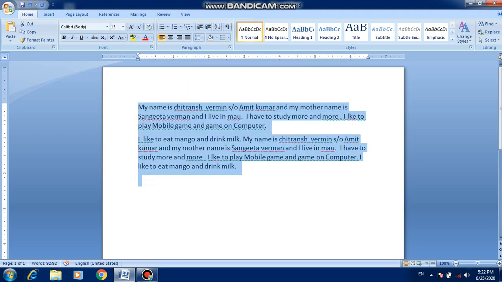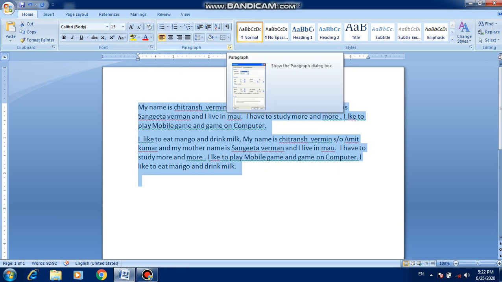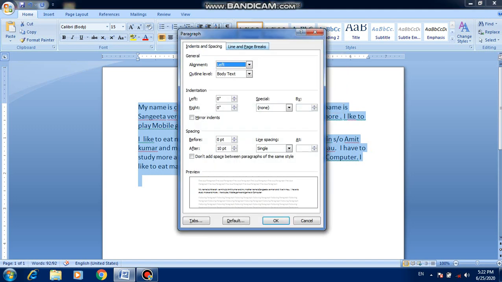To apply paragraph indent, click on this, the paragraph dialog box launcher. Here the indentation options are given. Indentation left, like 1.2, like that.